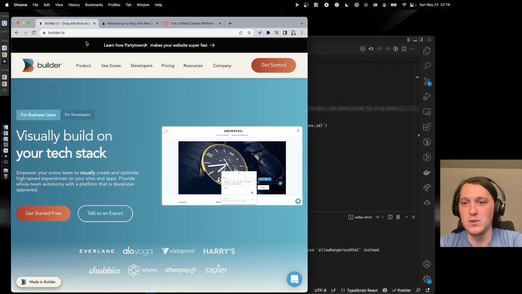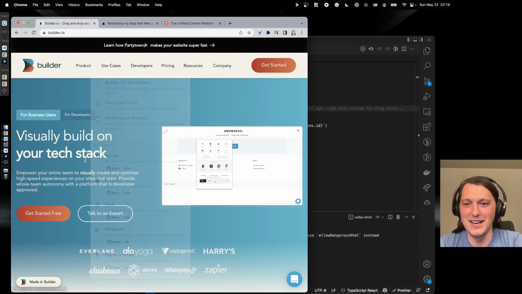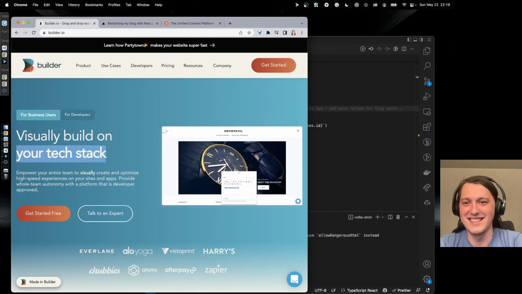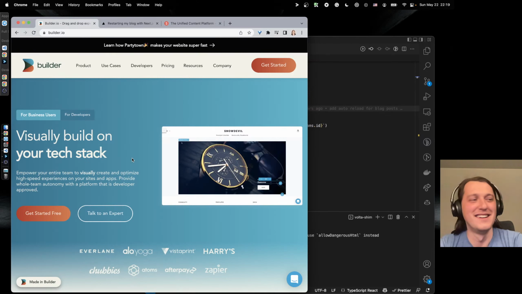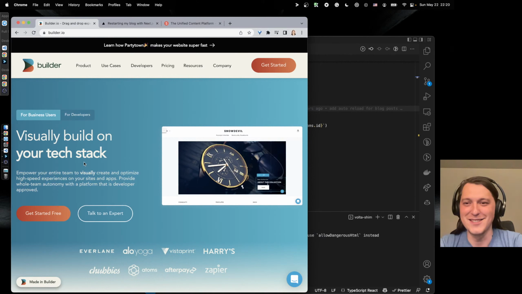And I always wanted to try Builder because they do all of this Mitosis, Qwik, Partytown stuff, and this is their way to get marketing. They do cool software, and it's the software that is used in Builder.